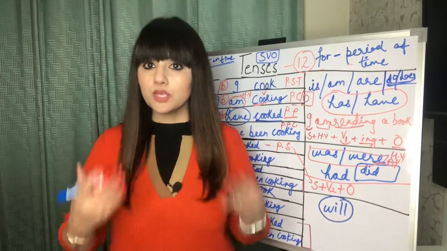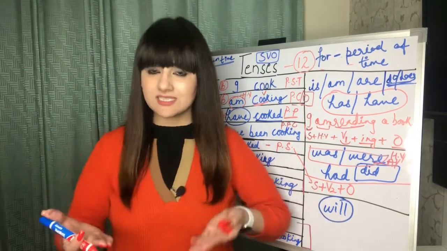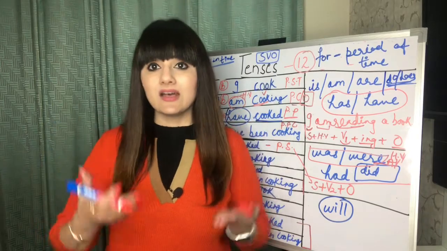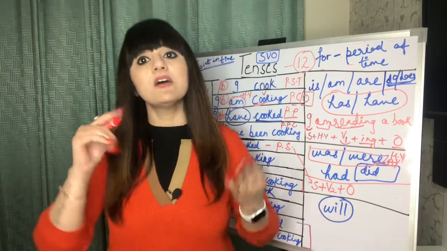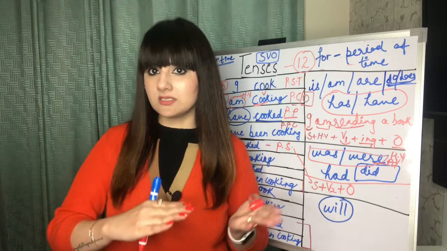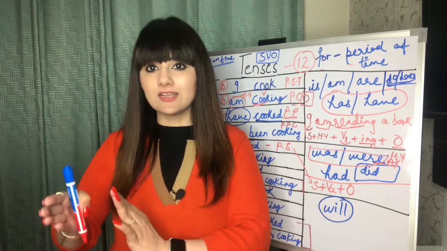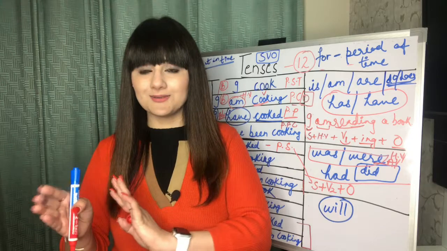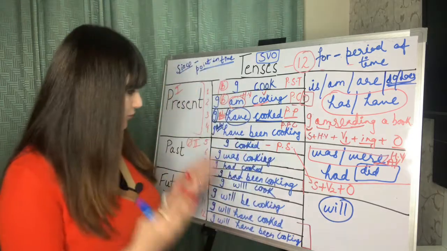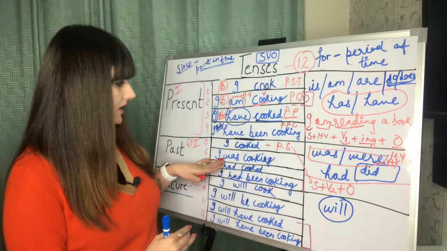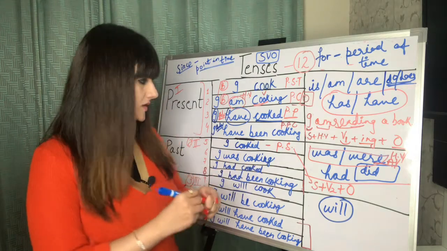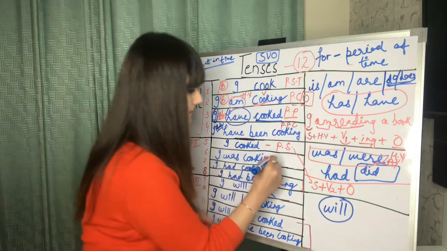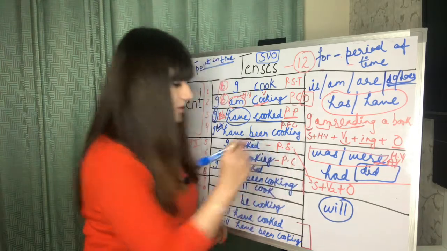So "went" we use for the positive sentence, right? And in negative sentences we use the first form of the verb with did. I didn't do that, I didn't go there. All right, moving forward, "I was cooking." What does it mean? This is going to be your past continuous tense.